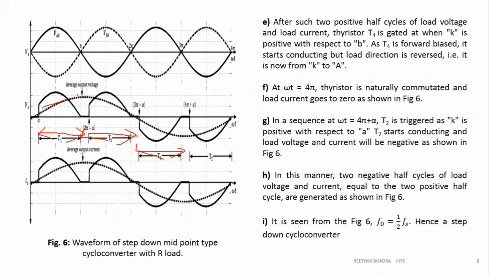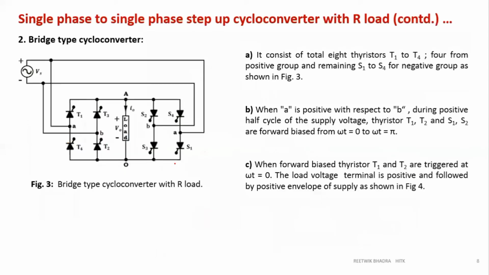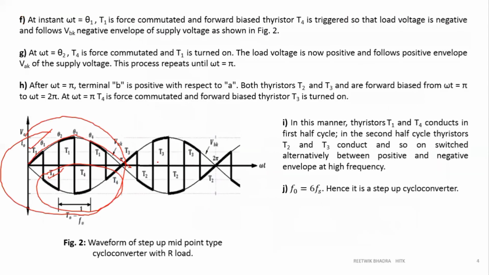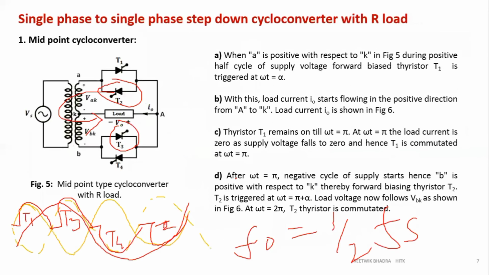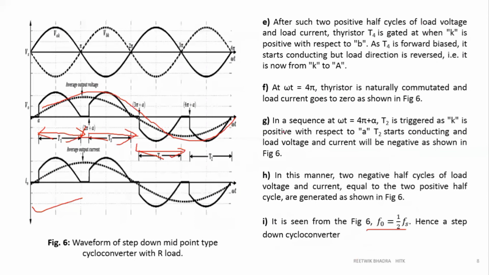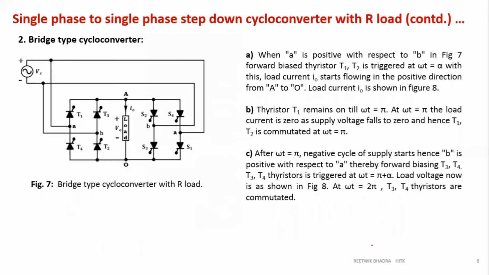So now you see, if you draw a sine wave over here, you will get F naught is equal to 1 by 2. If you draw the current, it will look the same because it is a resistive load. You could have drawn current for this through figures also. These two waveforms will both look the same as your bold lines. Whatever the bold lines are drawn, it will look the same. So this is how your step down conversion is done.